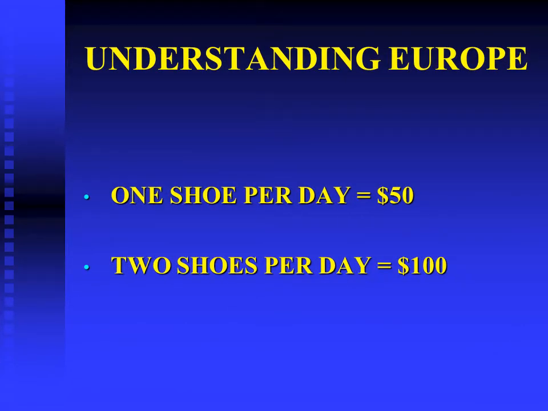In order to understand the issues facing Europe, one has to understand productivity. And the simplest example is to see what one shoemaker does. Let's say he makes 1 shoe per day and he sells it for $50. And let's assume now that because of innovation he buys some equipment and he makes 2 shoes per day. So by improving the productivity, he increases his income, it increases his purchasing power. So the increase in productivity is closely related to purchasing power and wealth for that person or that country.